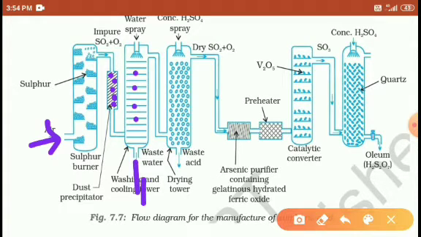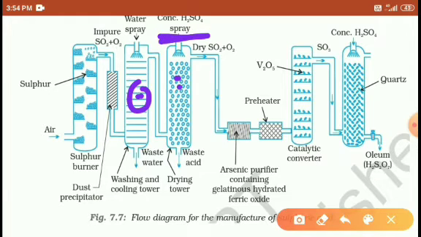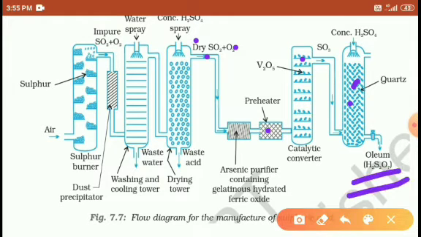The water is removed here, and the sulfur dioxide is again passed into the sulfuric acid chamber. So sulfuric acid washes it here. The gas is in a mush form, in which we want to remove the water, so that is why we add sulfuric acid. The sulfuric acid absorbs the water completely. Then the dry sulfur dioxide reacts with oxygen in the presence of vanadium pentoxide catalyst to form sulfur trioxide. The sulfur trioxide is dissolved into concentrated sulfuric acid to form oleum. Right, students?